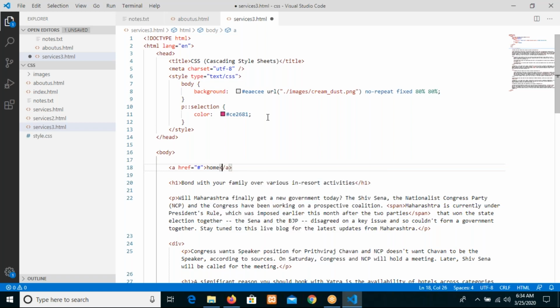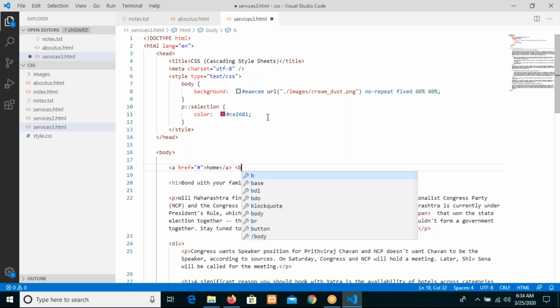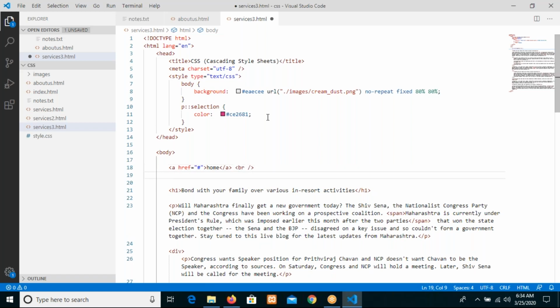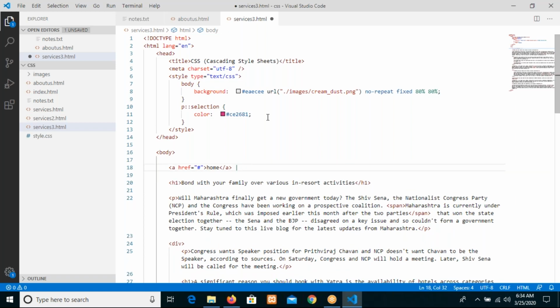For example, let us write two links, and each link is having its ID. Then